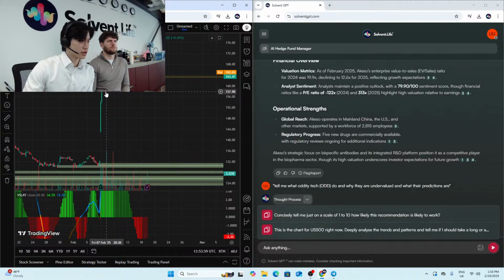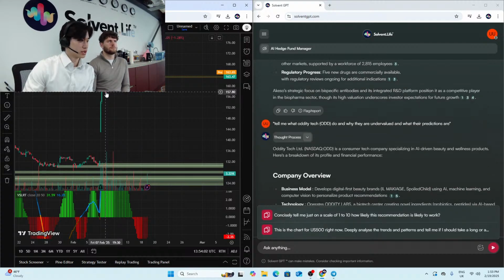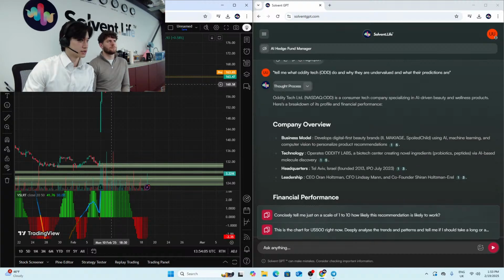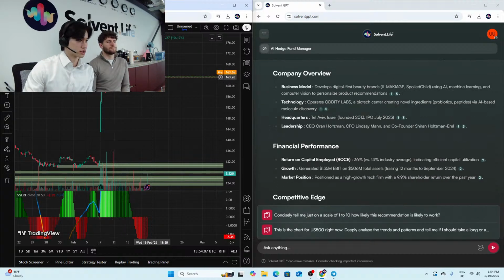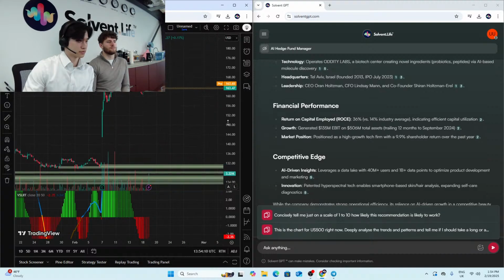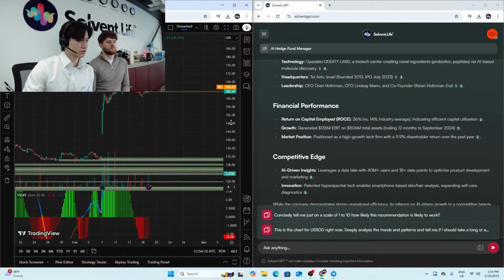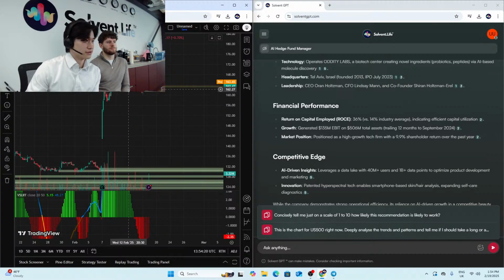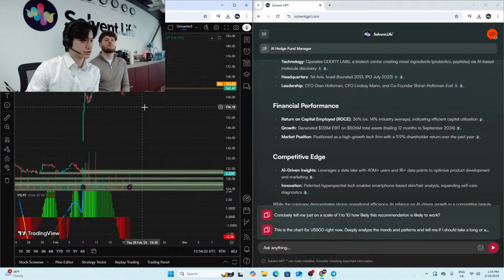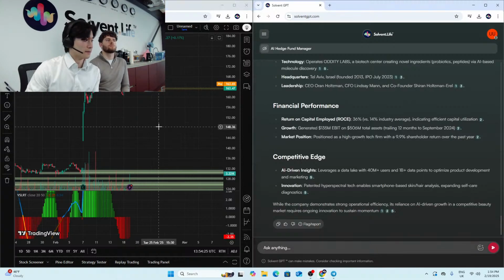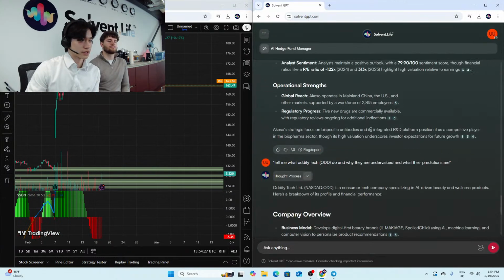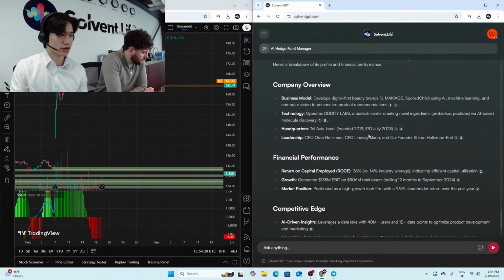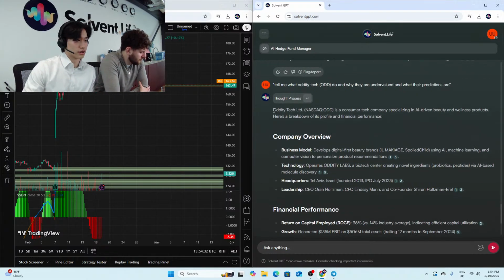So we found it at 157.9 last week, and now it's up here at 163. So if you entered there and exit up here within a week, you could see 7% just from this stock alone. And that's what we're doing here. So we're finding these undervalued stocks to hold on a longer term basis than our usual